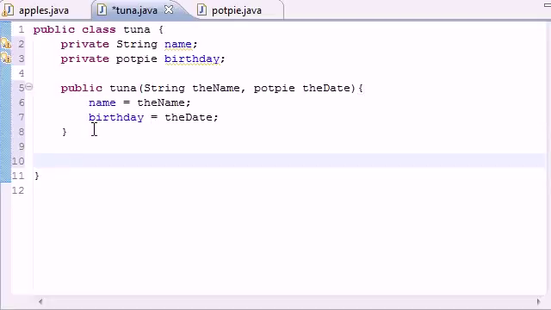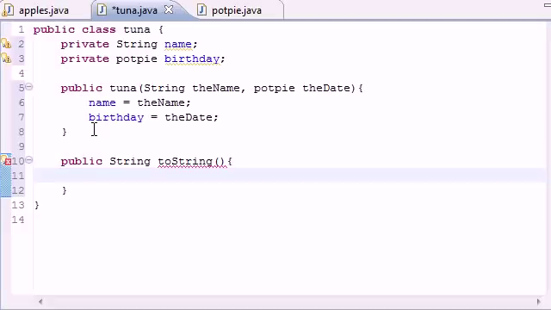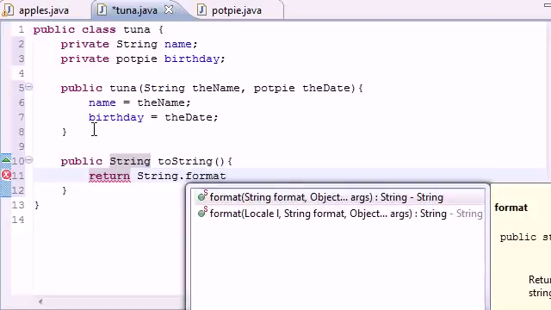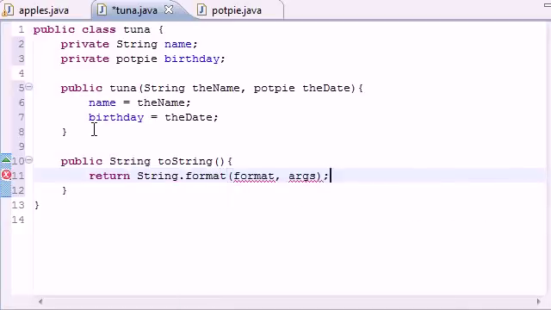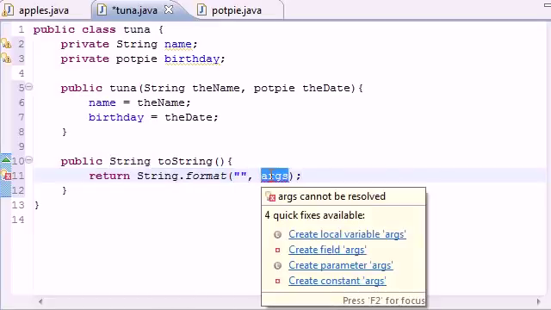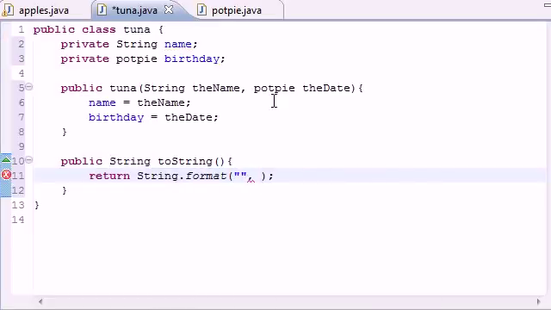So let's put public String toString, and just like we did in the PotPie class, this method is going to take no arguments, and for the body we want to return a string, of course. So String.format, and for our format, I don't really like when it fills it in for you. I want to do the work myself. And in our format, just put